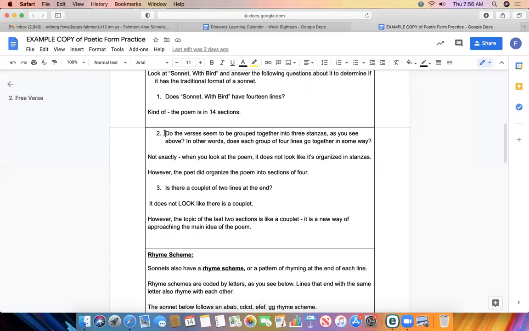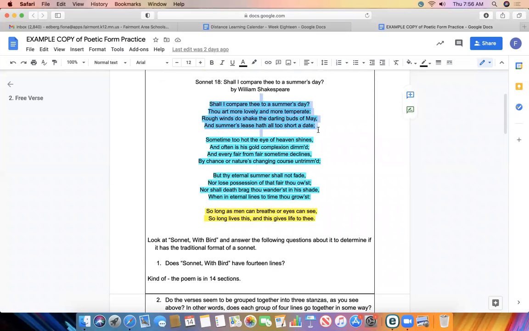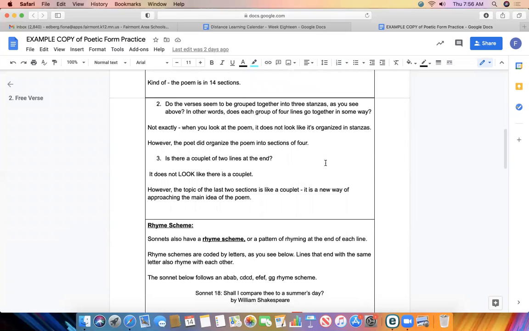Coming off of that, do you see the verses grouped together into 3 stanzas as you see above? The answer is not exactly here. Certainly when you look at the poem visually, the poem is not separated out into chunks, again, like you see up here. There's nothing like this going on with the way that visually the poem looks. That being said, if you look at the topic of some of the lines of the poem, you might notice that there are groups in terms of what the poem is talking about. It kind of goes through different topics as it goes. And in that sense, maybe it's got some sort of stanza thing going on,